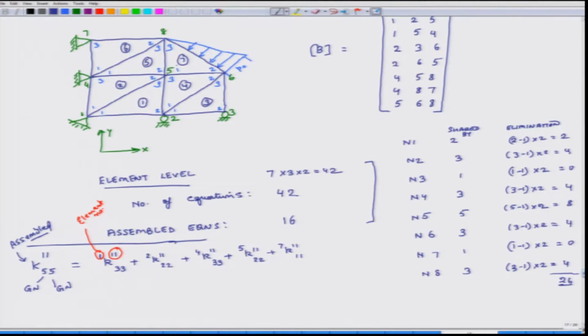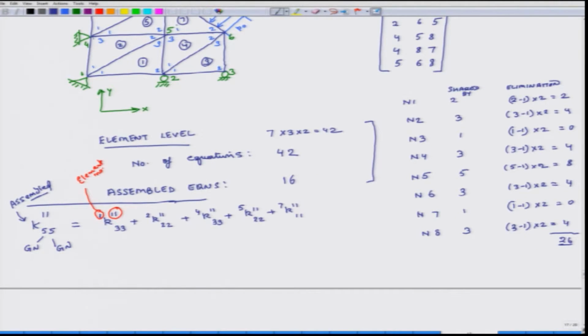We will do one more example, or I do not know, I think we have explained this sufficient number of times. So, let us try to find out the global matrix, and let us say 1, 2, and the global nodes are 4, 5. So, this 4 and 5, it means that there is a line. That boundary is being shared by how many elements? It is being shared by 2 elements. So, there will be 2 components,